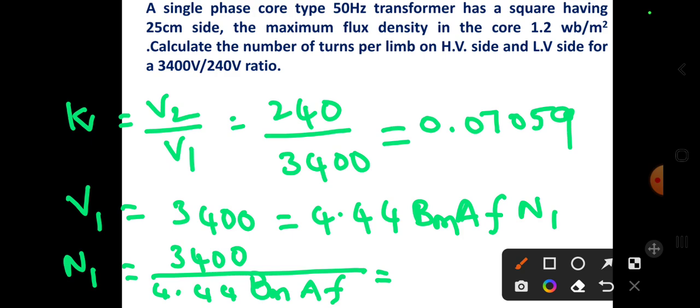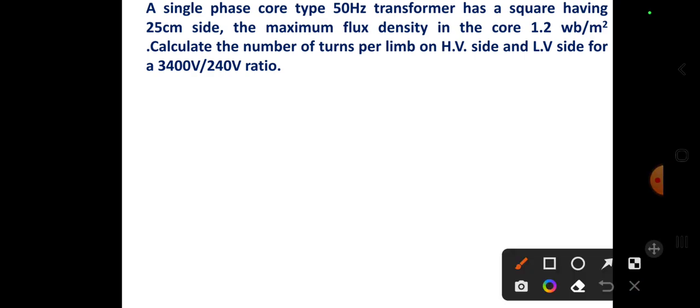Divided into frequency. So hence how much is this value? This is about 204.2, or you can also write nearly 204 turns. 204 turns. Now you need to find out the LV side also. LV in the sense low voltage, HV in the sense high voltage. Yeah, in the same process, if you do that one,